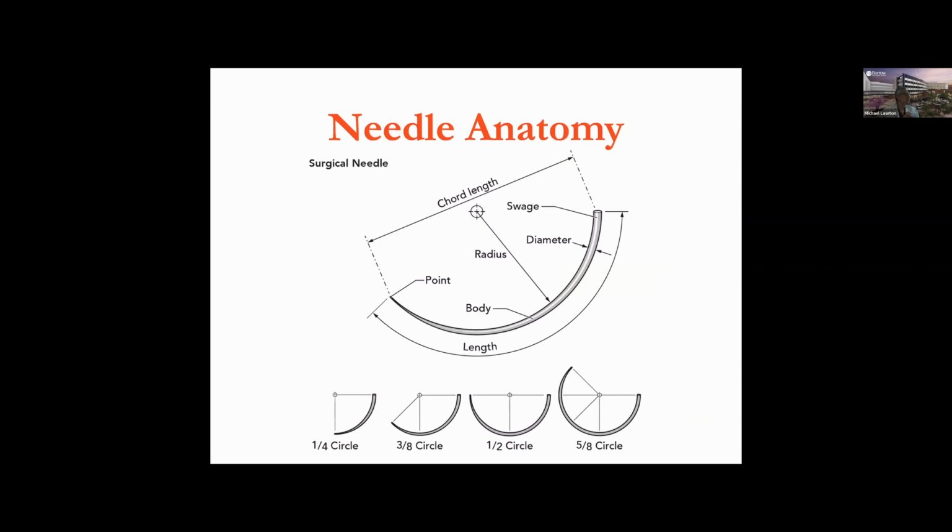Needle anatomy is key. We don't talk about this much, but there are various needles out there. They're defined by their length, by the cord length, which is the distance as the crow flies from the point to the swage. And then there's this radius. So you have the circle that you typically use. We usually use a 3/8 circle when we do bypass. This is the ideal. We also use what's called a BV